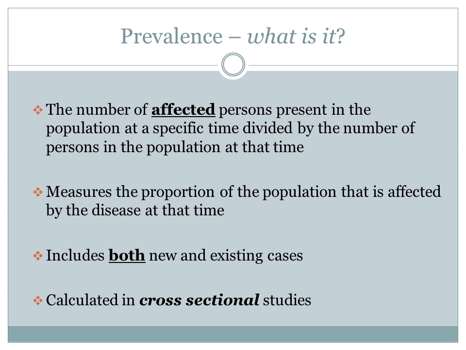What is it? Prevalence is defined as the number of affected persons present in the population at a specific time divided by the number of persons in the population at that time. It measures the proportion of the population that is affected by a particular disease at that time, and it includes both new and existing cases. It is calculated in